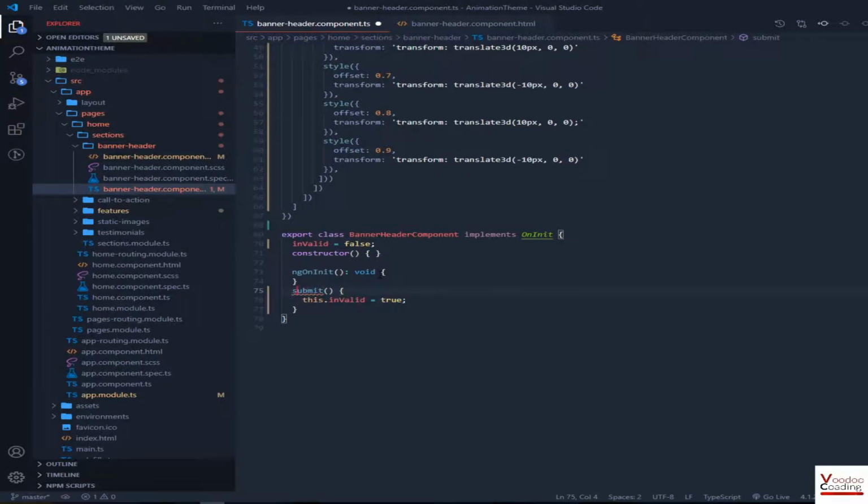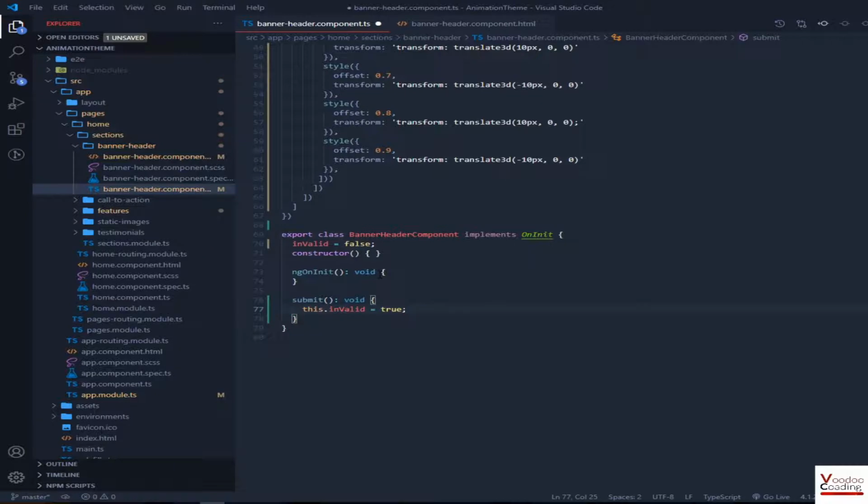Okay, it is giving me some TSLint error. That's probably because I need to define in TypeScript what I'm going to return. I'm going to return void. So yeah, it's not a space. Okay, so it is going to be true, and